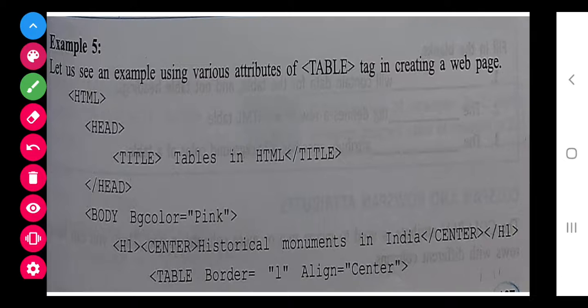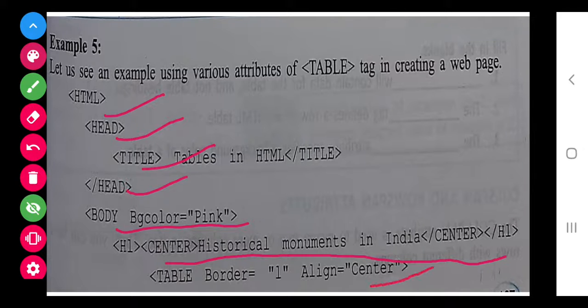Now let us see an example using various attributes of the table tag in creating a web page. Now first of all, HTML, head, title, head, you all know. Now background color is given as pink. This is just a message, historical monument in India.